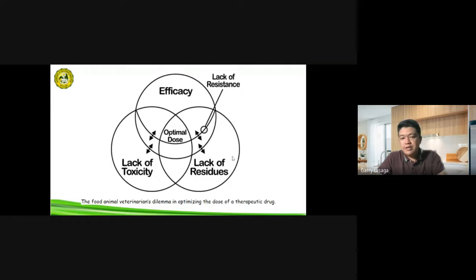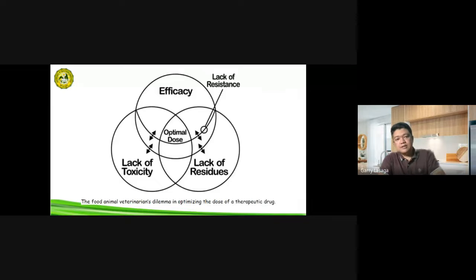So when we do not follow the recommended withdrawal period of a particular drug or antibiotic, that could lead to the development of antibiotic residue